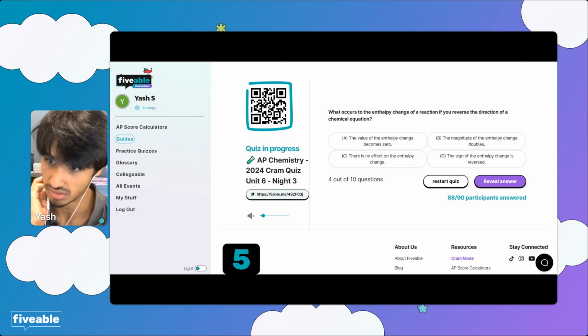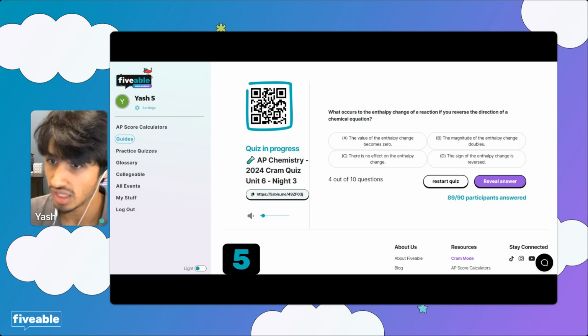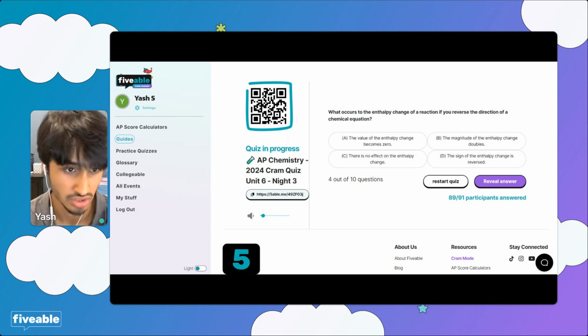What does TQD mean? Does Fiveable have AP MCQ practice or just a general MCQ practice? I think it has a huge bank of just general MCQ practice. Some of the concepts are almost identical to what you'll see on the AP exam. They're just not formatted the exact same. But yeah, Fiveable's question bank is pretty good.